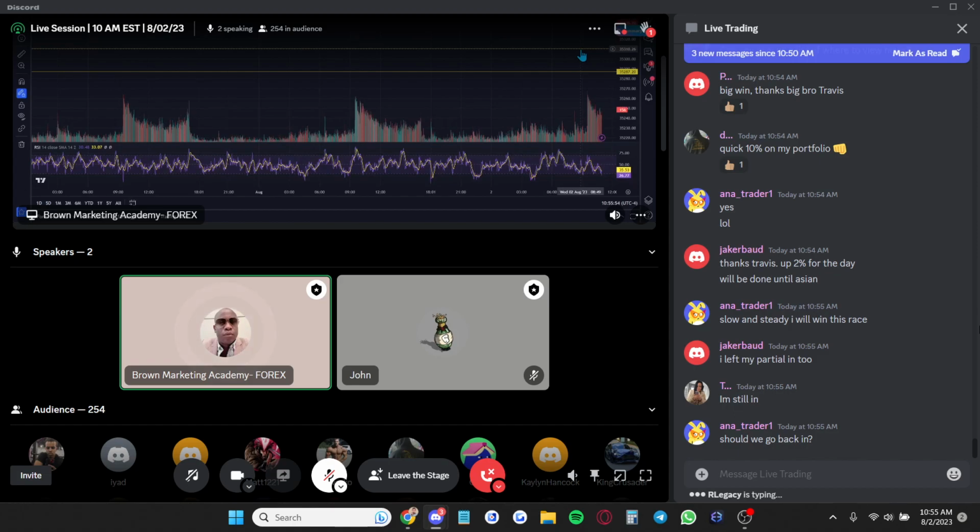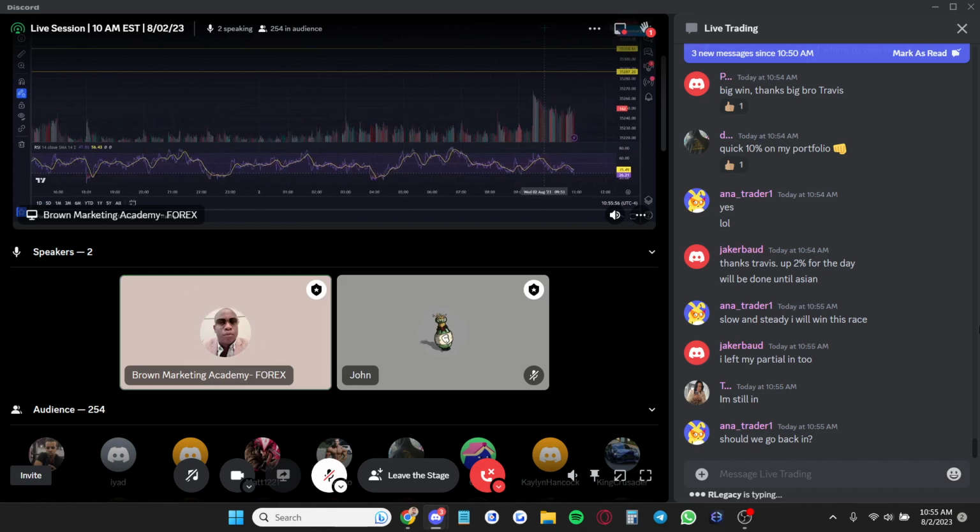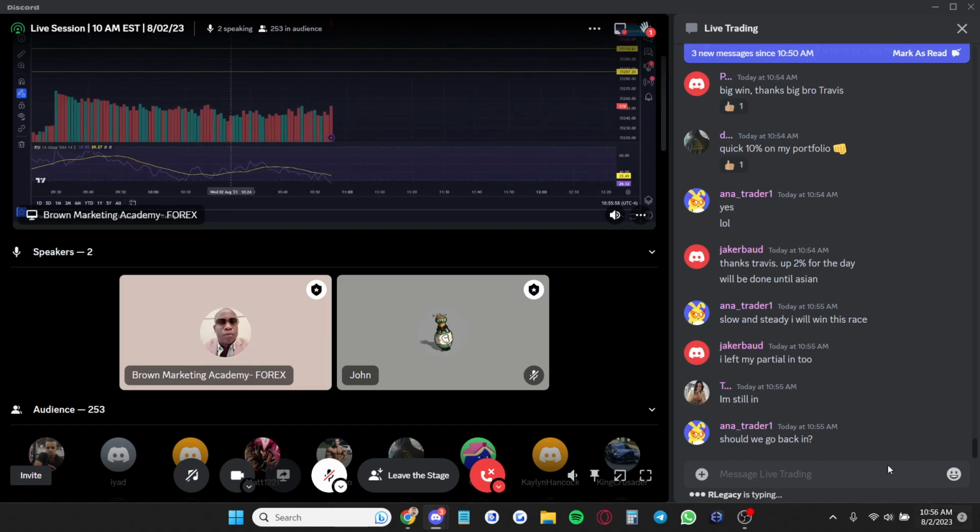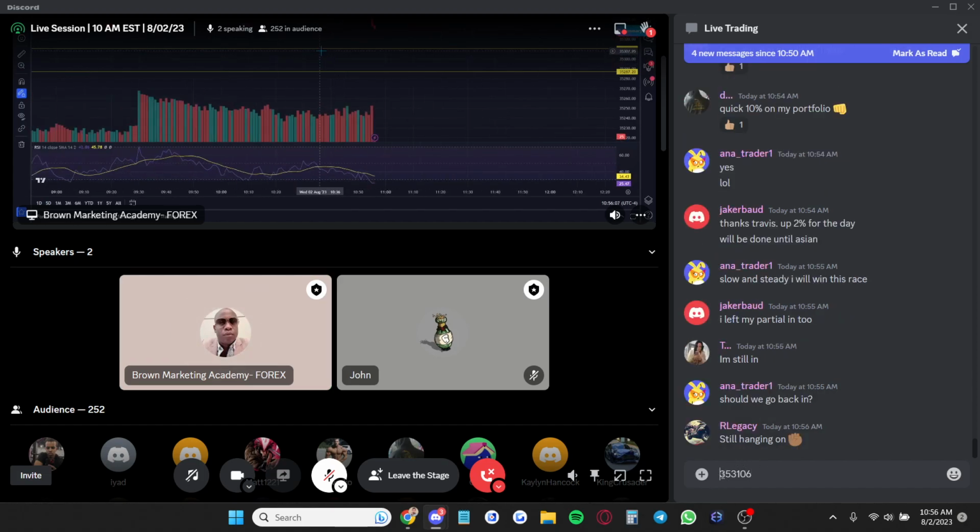This is 353106. Woo! Yeah, I love these big candles. So it looks like we had the breakout there, still pumping. Once you see major rejection on the 1 minute, if you're still in this, I'm out. But if you're still in this,